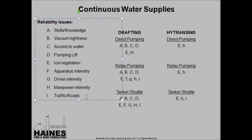Traffic and roads. One of the big things to deal with, especially when we get into tanker shuttle operations, is how much traffic's on the road, what's the configuration of the roads, the bridges, the tunnels, all those things that come into reliability. So what I've done here is I've listed what I think the key reliability